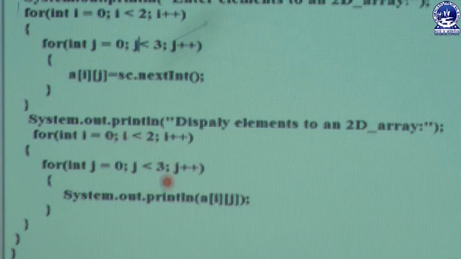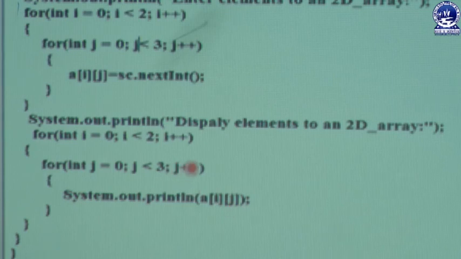Suppose i equals 0, and 0 is less than 2, condition true, so control shifts to the inner for loop. In the inner for loop j stores the constant 0, 0 is less than 3, condition true, control shifts to the inner statement System.out.println, a of i, j, meaning a of 0, 0. The 0 location element is printed on the monitor screen.